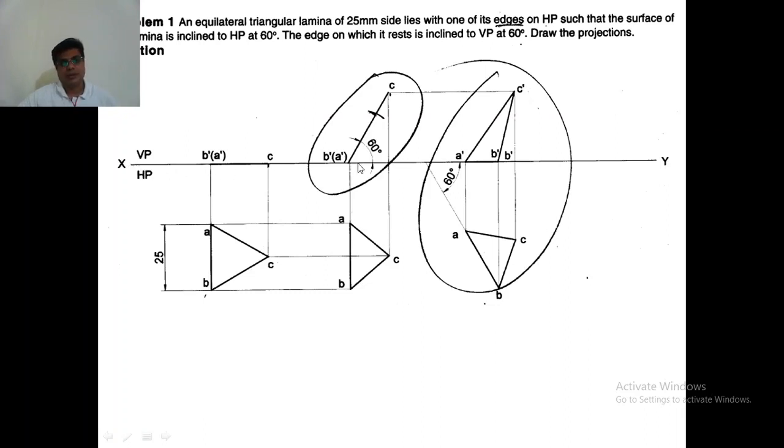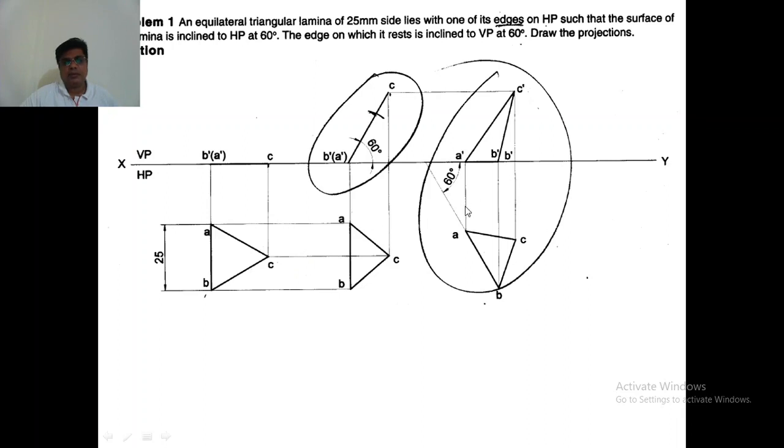All these thin lines, the XY line and the projector lines connecting the front view and top view, should be drawn using your micro tip pencil. They should be thin and light. You can see here in the drawing that the XY line and these lines are very thin and light.